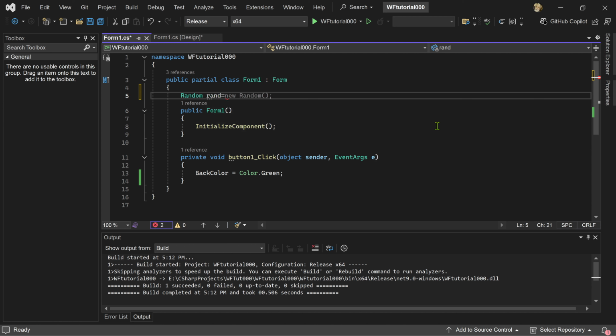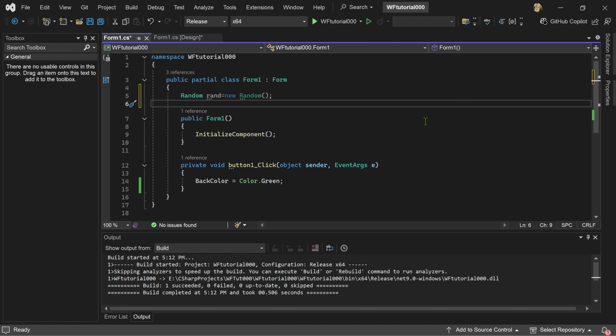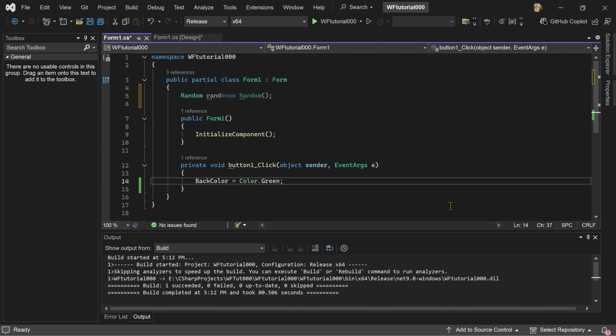So I have to say equals new Random. Actually, not everything is a pointer. Some basic types like integers are just integers. But in any case, I've created a random number generator here. And so instead of just turning it green, I'm going to turn it to a random color. Now, I could put the whole code here for making it a random color, but instead,